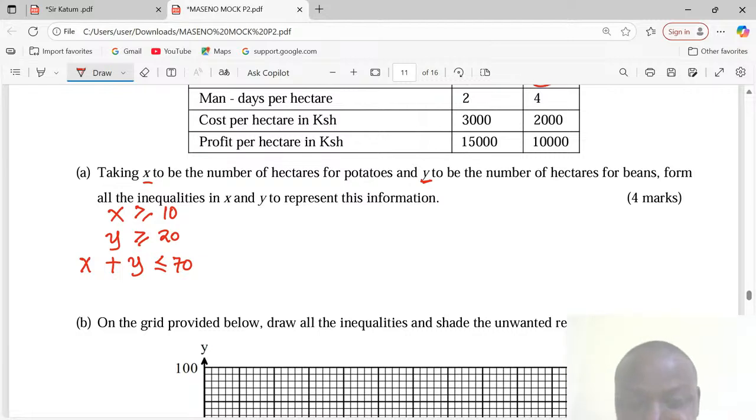They can't go beyond 70 when you add the two, because the maximum land owned by this particular farmer is only 70. So for both crops, we have a total of 70, meaning that the inequality is either less than or equal to. Something else we're supposed to understand is that